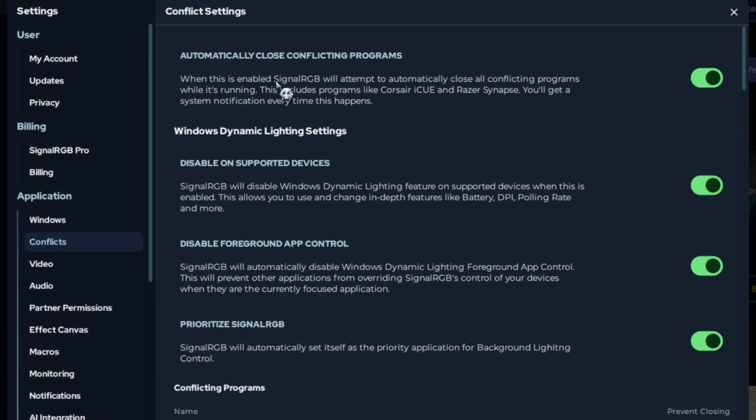Now, this is the only setting that is very crucial. Select this, automatically close conflicting programs. So make sure this is enabled. It shows in here that when this is enabled, SignalRGB will attempt to automatically close all conflicting programs while it's